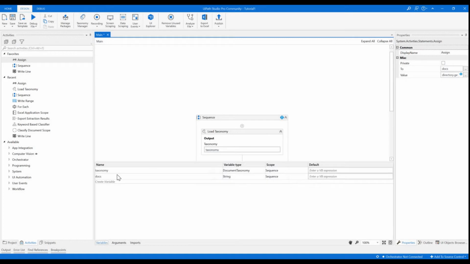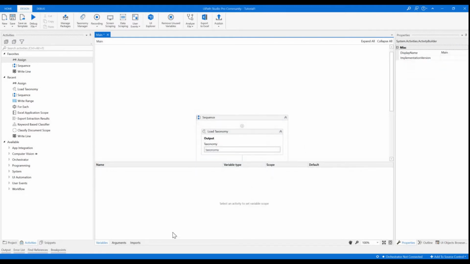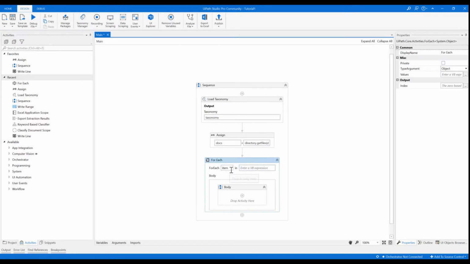It's important just to ensure that the variable type is correct. In this case, it needs to be an array of a string. And there we go. We'll now add in a for each activity afterwards, just to allow us to cycle through multiple invoices if required. So for each doc in docs,